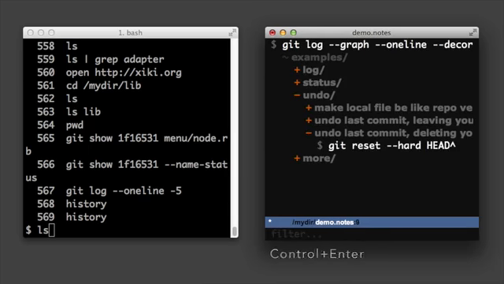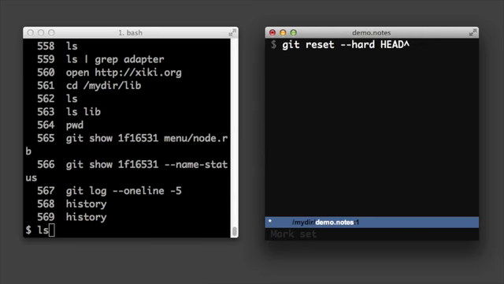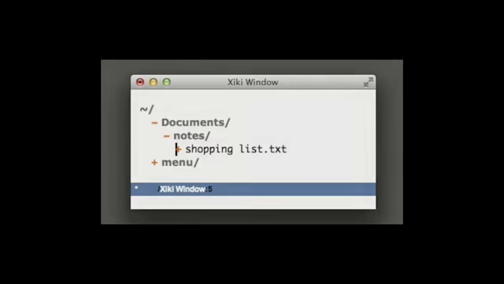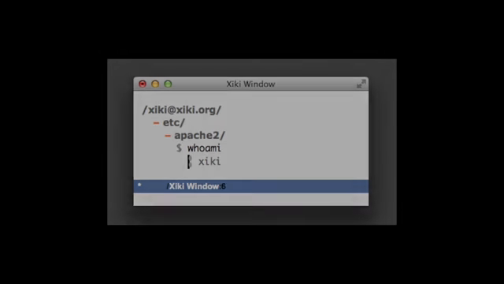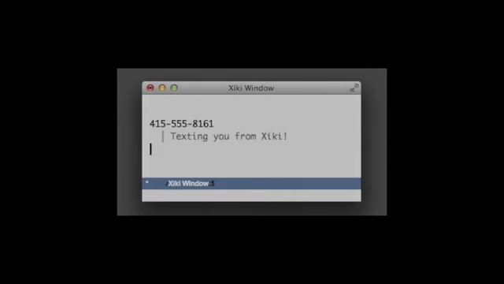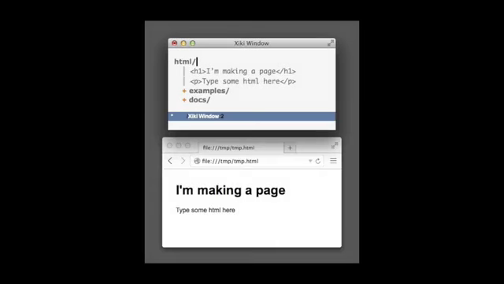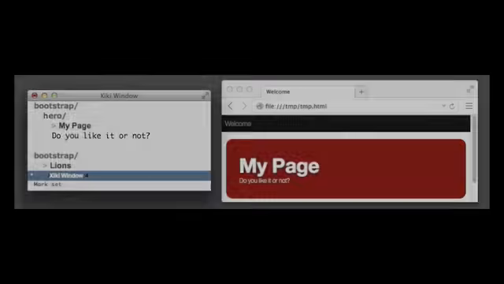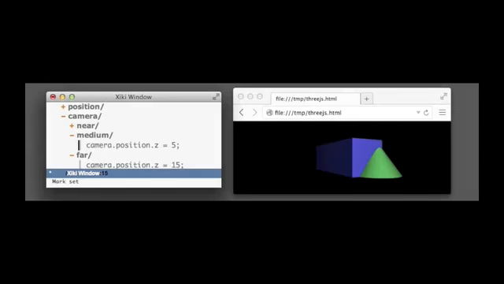But Xiki does way more than just run shell commands. See the main Kickstarter video for how Xiki can also navigate file and directory paths, run commands underneath directories, navigate files and run commands on remote servers, search files, respond to the mouse, interact with the web browser, send tweets, texts, and emails, try out HTML and CSS, make Bootstrap layouts, get up and running with libraries like Three.js, navigate